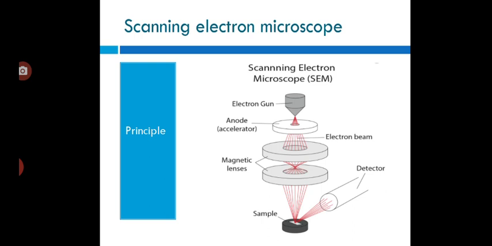Coming to the principle of scanning electron microscope, a scanning electron microscope is a type of electron microscope that produces images of a sample by scanning the surface with a focused beam of electrons. The electrons interact with atoms in the sample, producing various signals that contain information about the surface topography and composition of the sample. The scanning electron microscope is a recent development which provides a higher resolution and three-dimensional image of